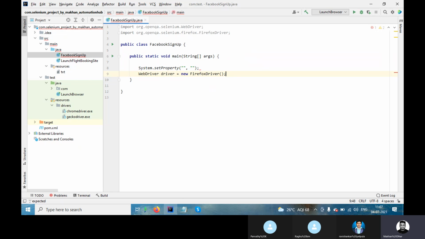Now just paste. This is webdriver dot gecko dot driver, and the path I can take from this.